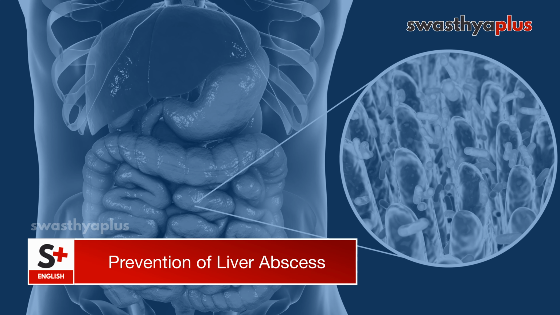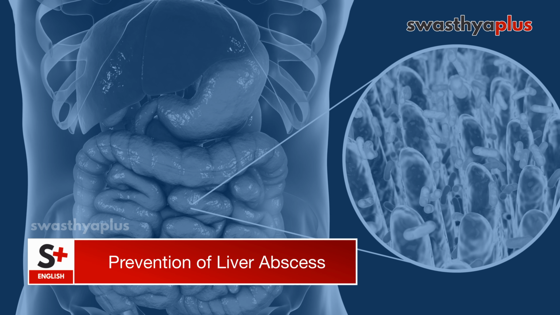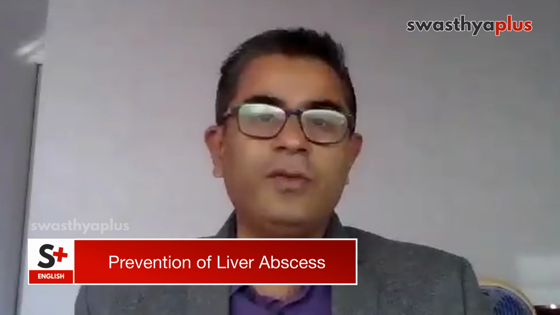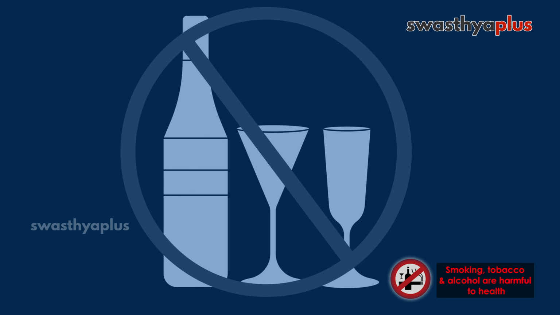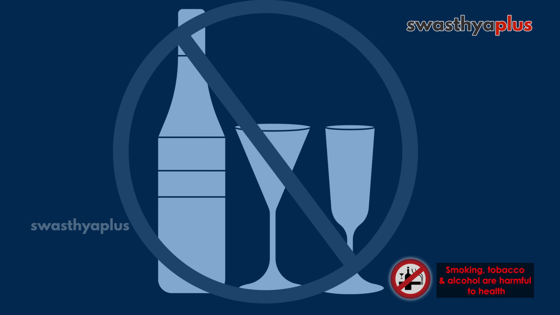The most important liver abscess prevention is hygiene. If you eat food which is not contaminated, because this organism gains entry into your digestive tract through food and water, this infection can be prevented. So hygiene is one thing. The next thing is reduction in the consumption of alcohol, because alcohol plays an important role in amoebic liver abscess. And then according to the cause, the prevention can be thought about.